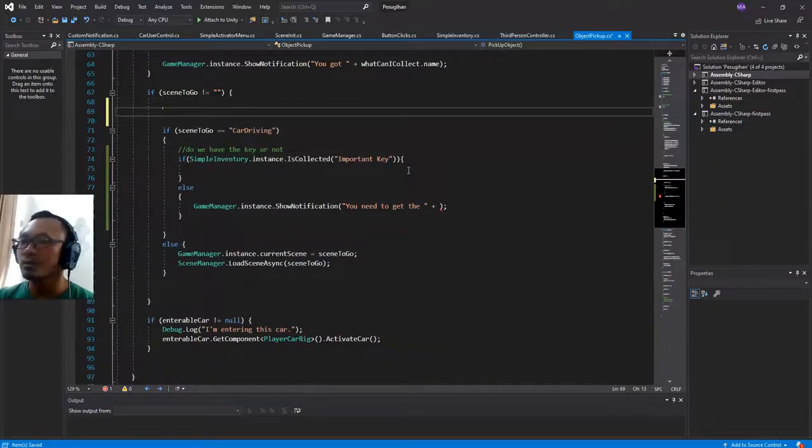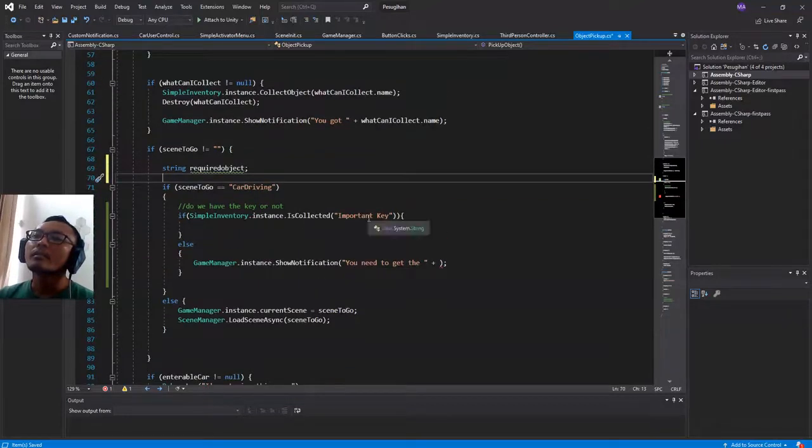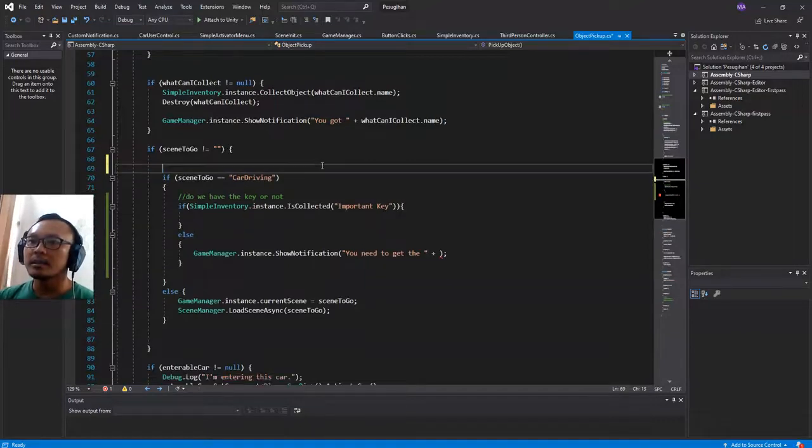Here I'm going to add a string variable, string required object. Guys, sorry if I confused you. Let me delete this one. And as I said, I need to